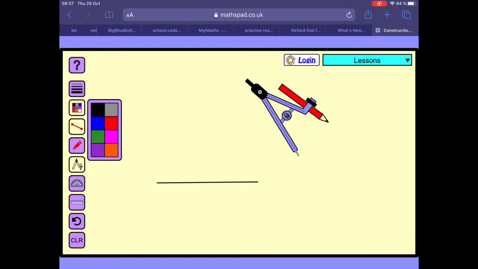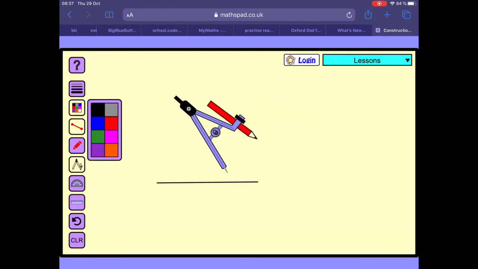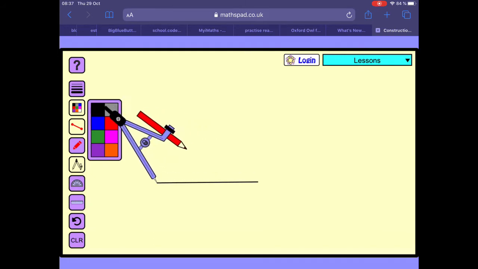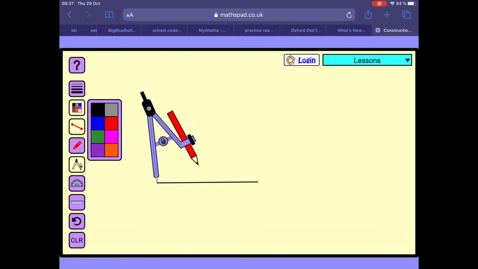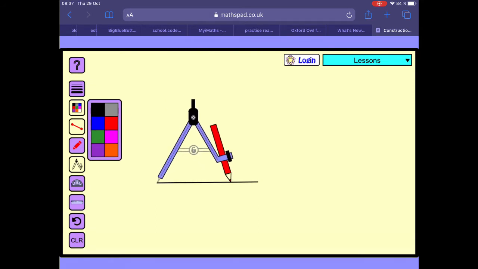For that, I need my compass. I need to put the compass there at the end of the line. And I just need to make sure that the compass is open more than halfway through the line. How much more? It doesn't matter, so long as it is more than halfway through the line. So you can measure the line if you want and make sure you open the compass a bit more, but